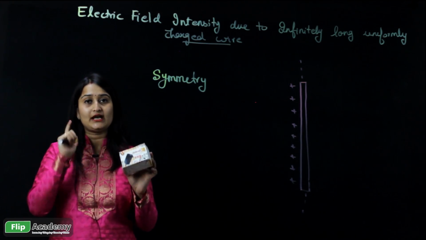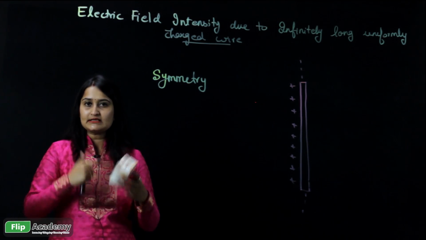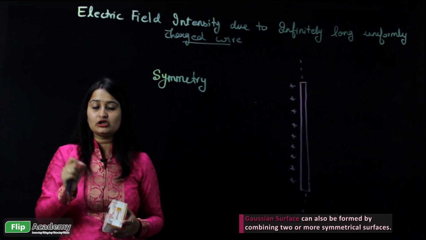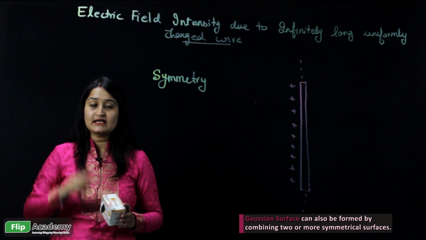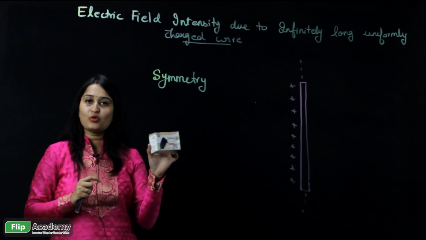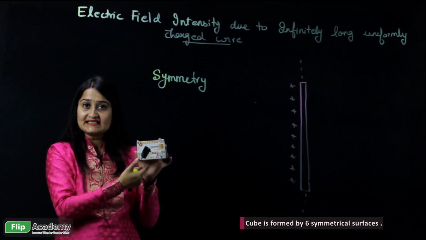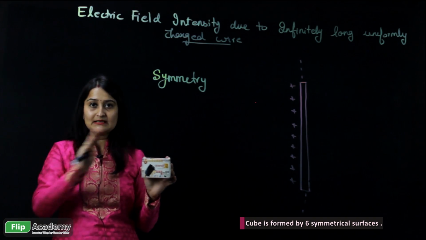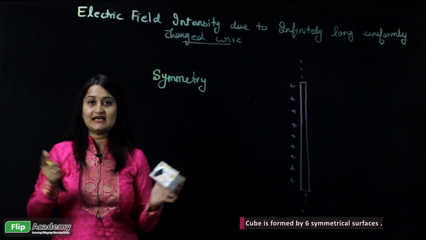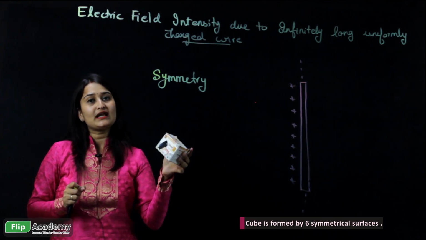Then the answer is no, they are not symmetrical to each other, but they are individually symmetrical. So this is the meaning of what I am talking about. But the Gaussian surface has given us the permission to make a Gaussian surface by combining two or more symmetrical surfaces. For example, a cuboid is considered a Gaussian surface because it is formed by combining 6 symmetrical surfaces. So this is the permission which is granted to you, that you can take two or more symmetrical surfaces and combine them to form a closed surface, and this becomes a whole Gaussian surface,